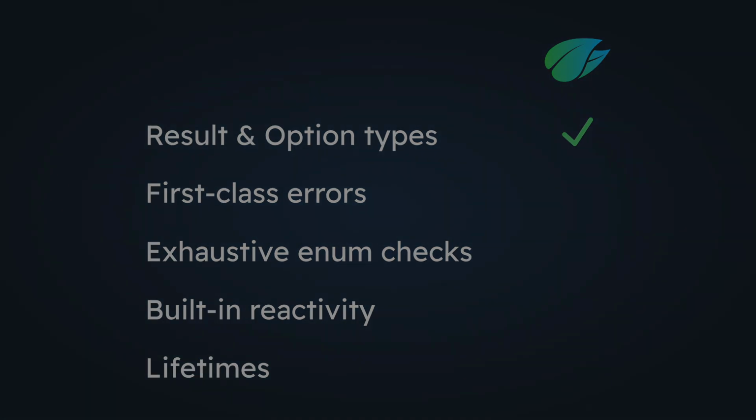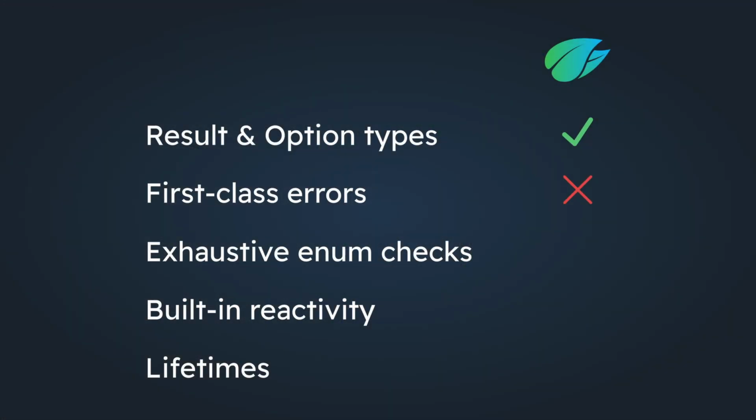First class errors, we don't have this. We have really beautiful error messages actually with Mint. However, it doesn't have errors as first class primitives of the language. However, it does offer the option of creating a result type that allows us to specify an error type. It's not perfect in my eyes, however, it's a massive improvement.